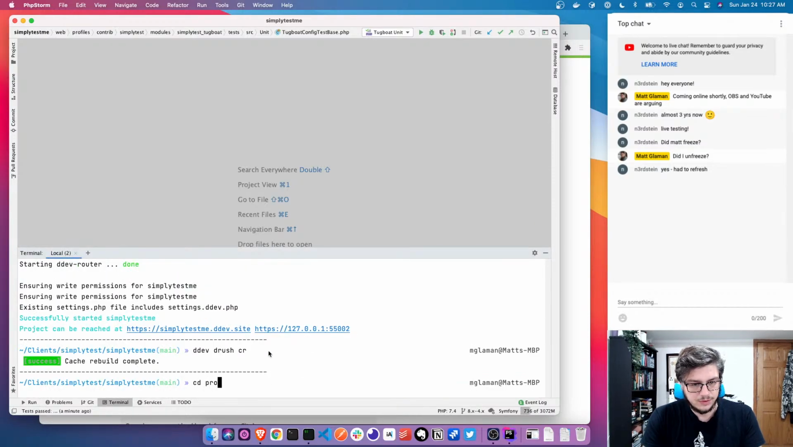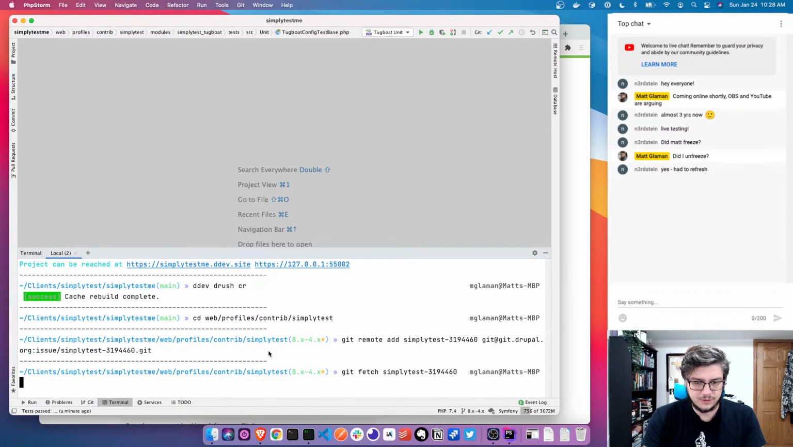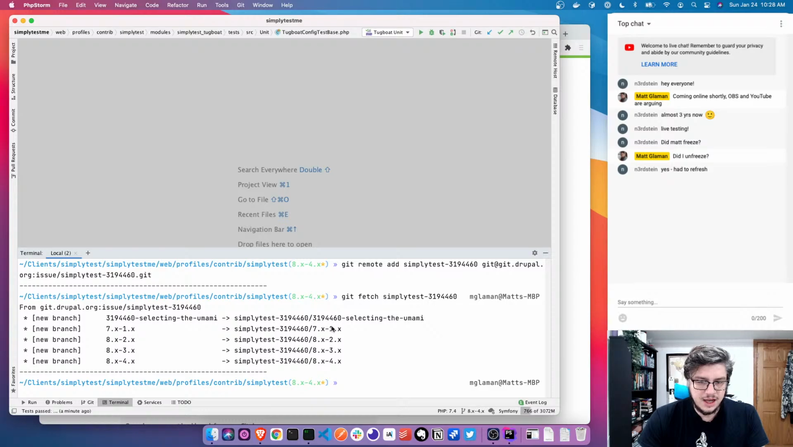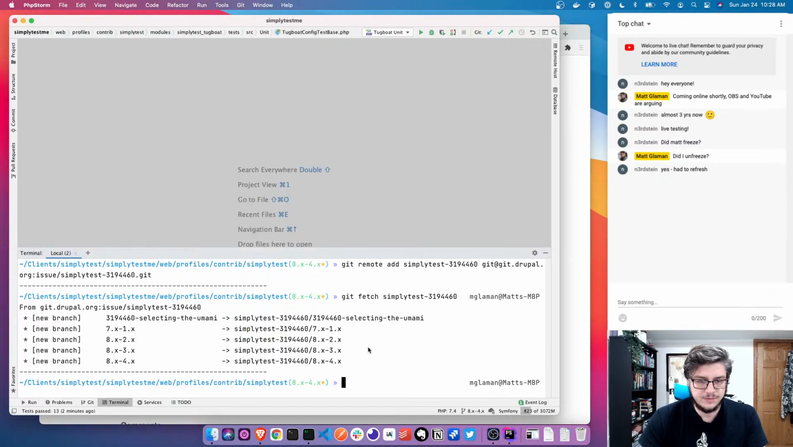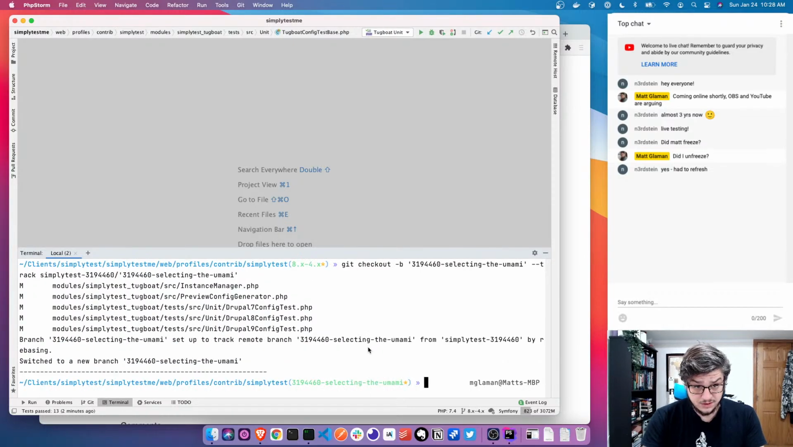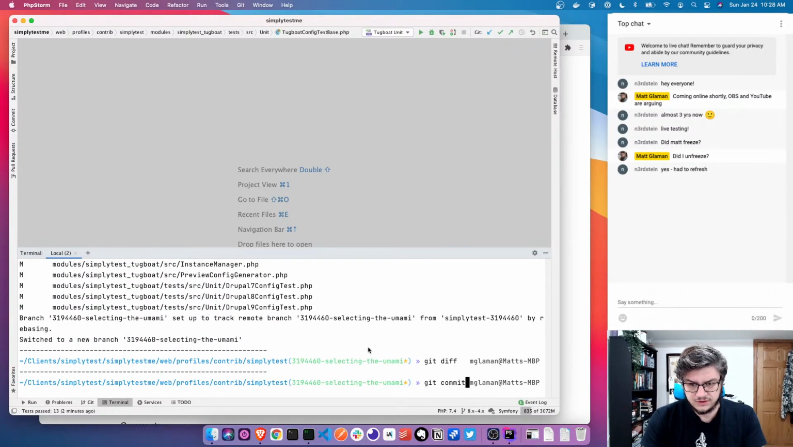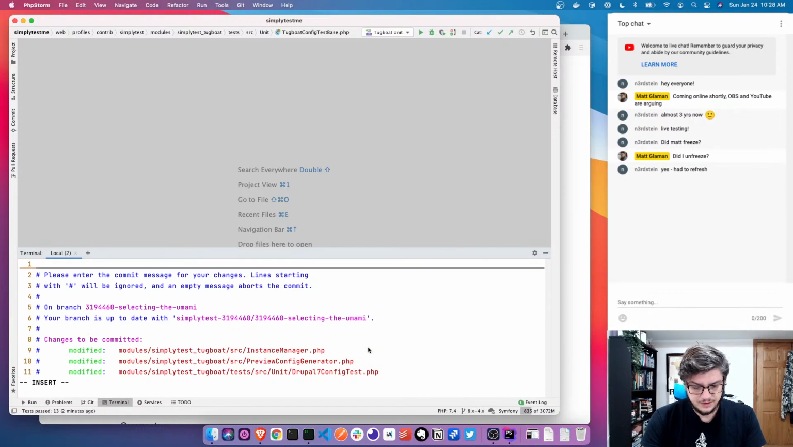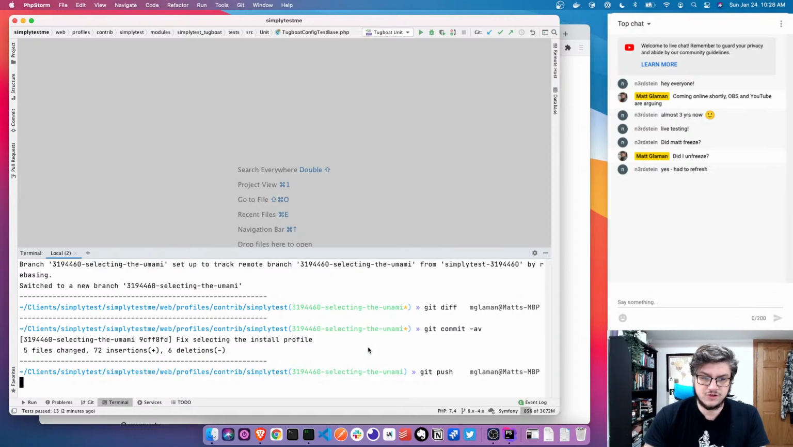So, web profiles, simplytest. So this is my simplytest repo. I just paste the commands. It added the fork for me, and now I can check out the branch that was created. There we go. And if I do a quick git diff, it has our changes. Fix selecting the install profile. So now I can push it up,